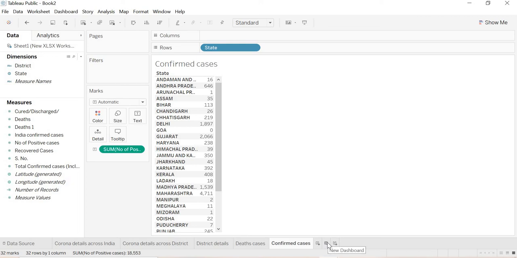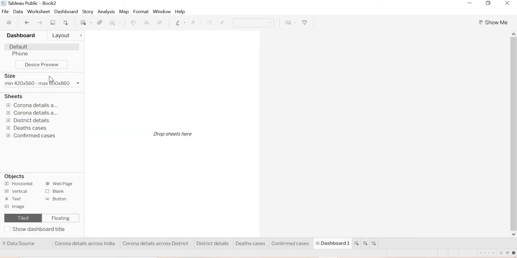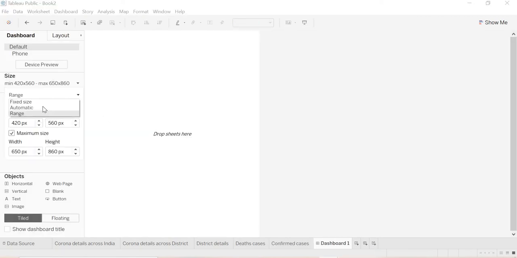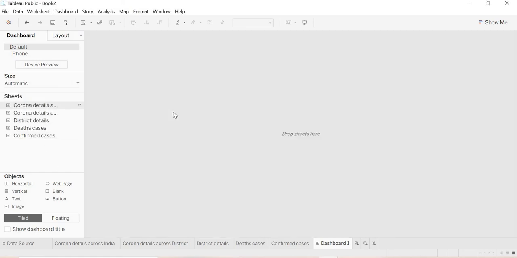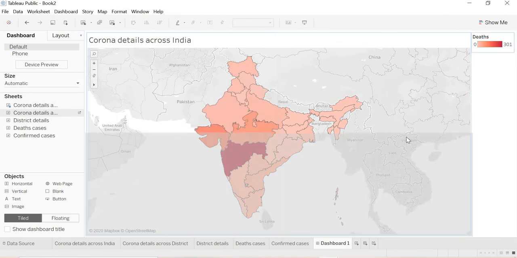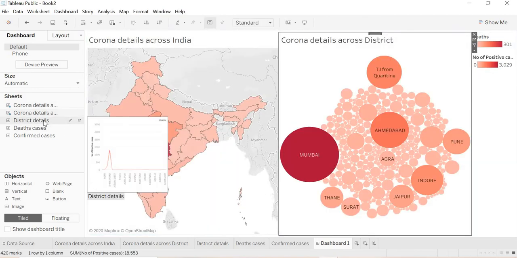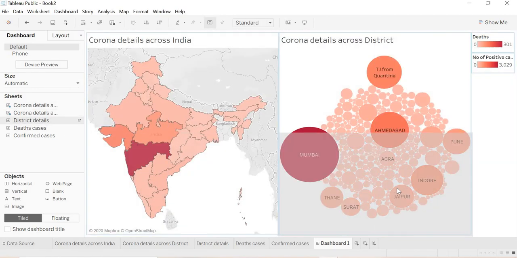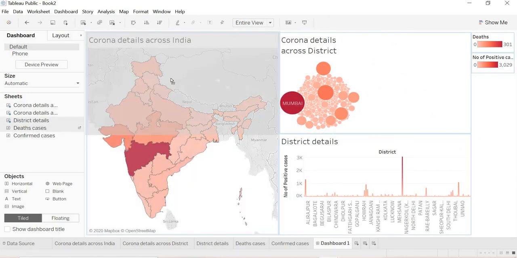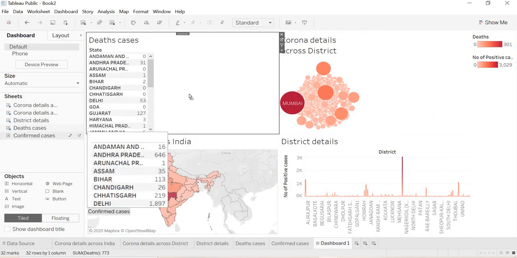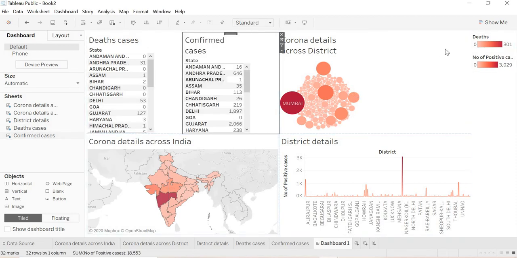Okay, now we'll make a dashboard over here. We can put all these sheets one by one, and next the district level. We'll adjust these things.